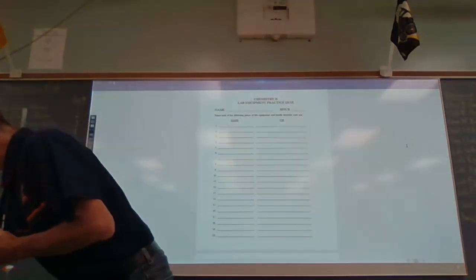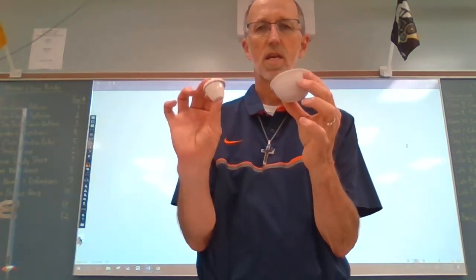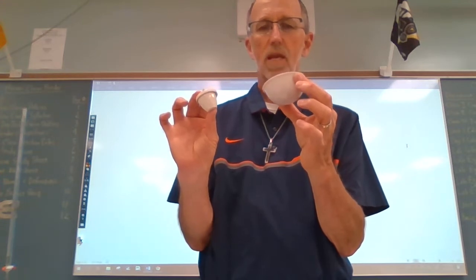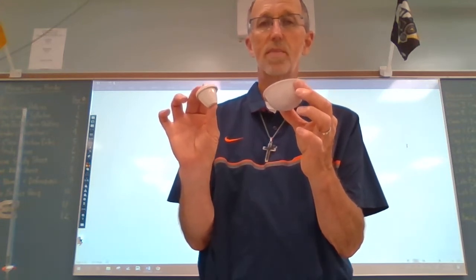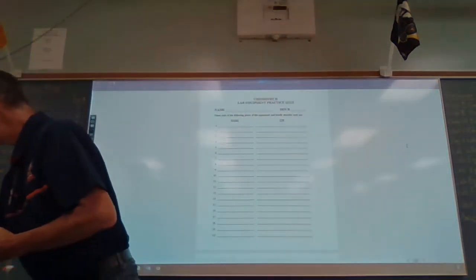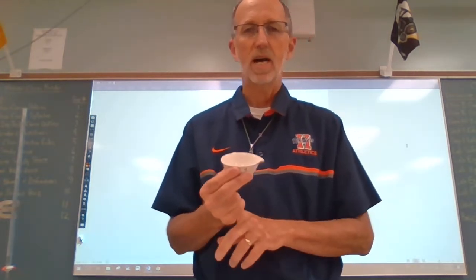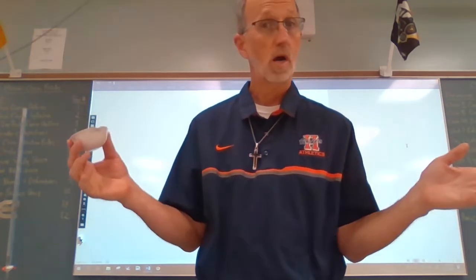Remember the crucible? Here's a crucible. Here's an evaporating dish. Notice anything about those two? If you said, well, it looks like they're made out of the same material, you would be exactly right. They are. And remember, a crucible is used for high temperature heating of solids. This, an evaporating dish, as you might guess with that little lip right there, is used for high temperature heating of liquids. So if you're boiling a liquid that's got a pretty high boiling point, which water is one of them,